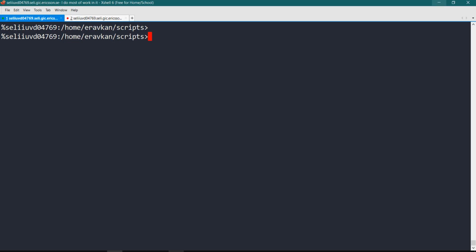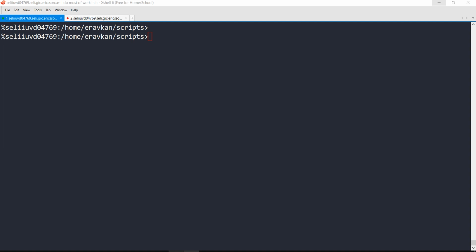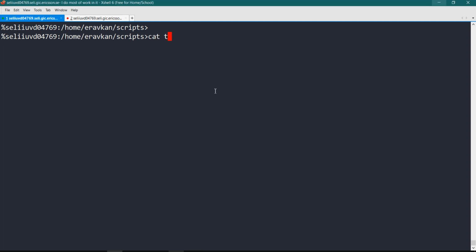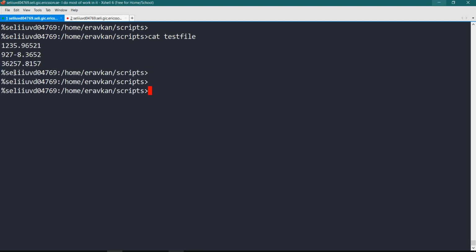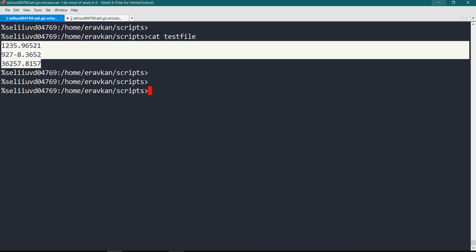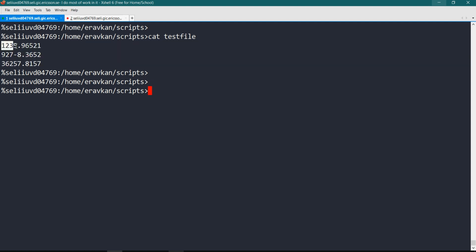Now let us proceed with field width. What is field width and when to use it? Let me take an example. Suppose there is a test file. Here you see this is one record, this is second, this is third, and I don't know how many fields it contains. So suppose it contains 3 fields.